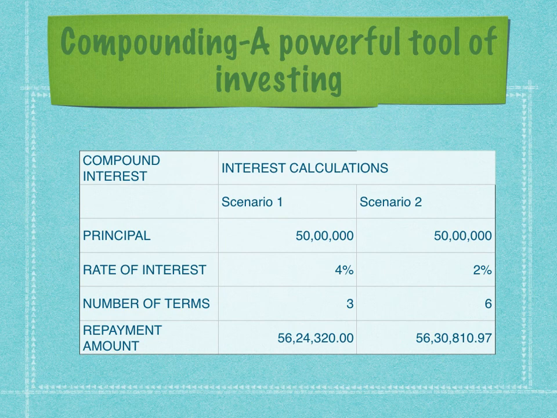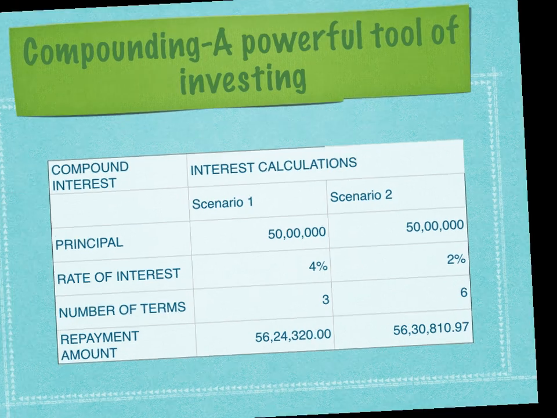So the repayment amount is the principal amount multiplied by 1 plus R. We realize from here that Dr. Strange is getting extra money because the compounding frequency has increased. Similarly, if the compounding frequency increases to quarterly, it will be even higher. So as long as the depositor keeps the money locked in, interest gets reinvested. It is not paid out to the depositor, wealth accumulates. And this is how compounding takes place.